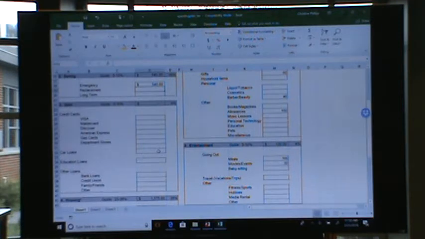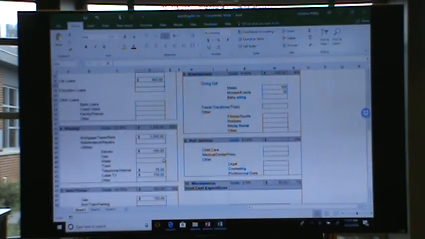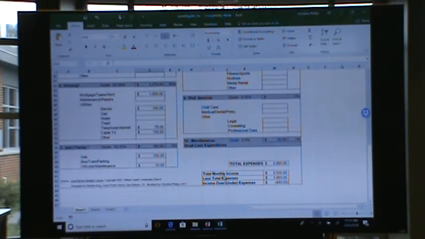The average monthly payment on a car loan in the United States is $493. So that's what I'm going to use for my number here. I'm going to put in $493. And right off the bat, you'll see that we are no longer balanced. It says we are negative $493.